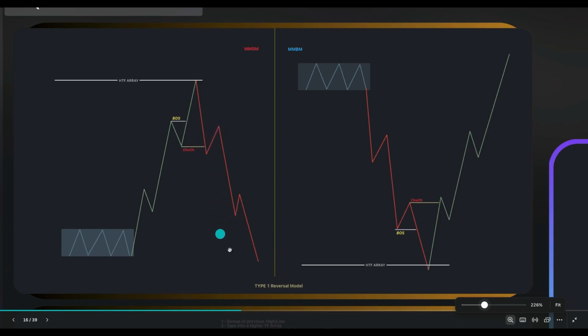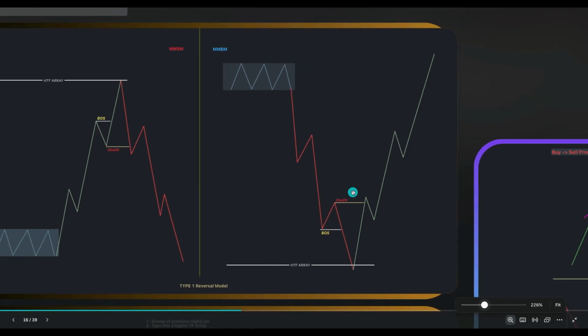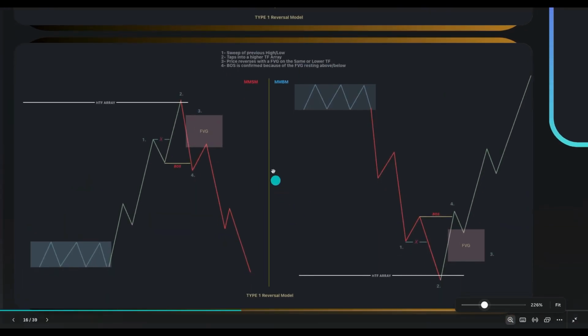That would be usually how you would identify a type 1 reversal model. And then the same here for a market maker buy model, right? You have that sweep of liquidity or that breakup structure towards the downside, taps into the higher time frame array, comes up, causes that change of character or market structure shift, pulls down, reaccumulates or redistributes, and then initiates that market maker buy program. So real quick, you want to have a sweep of the previous high, just going over